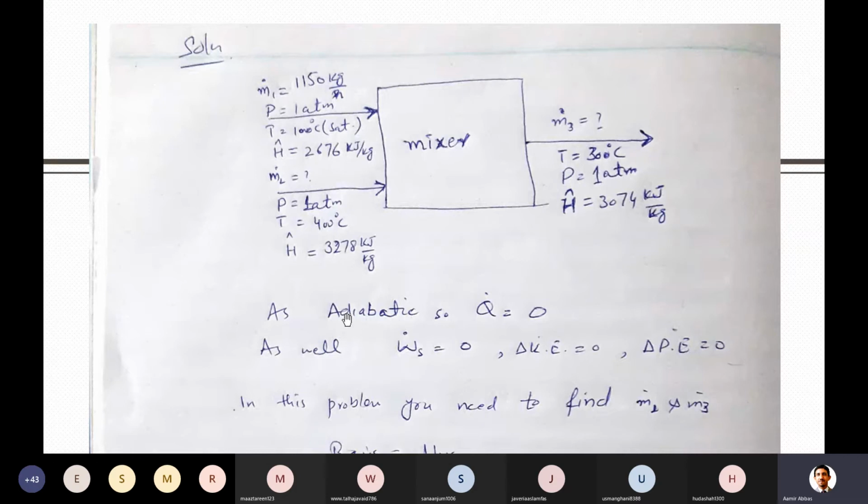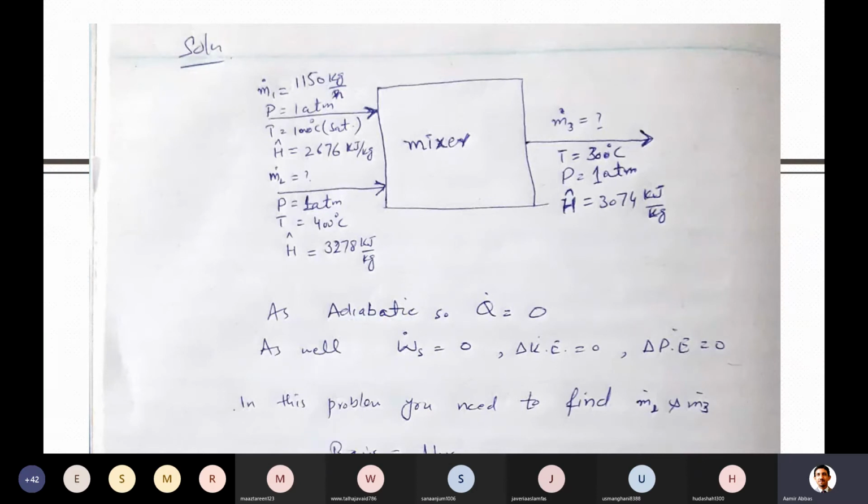But okay, let's look at its solution. First of all, as he said, this is adiabatic. So I put here Q is equal to 0, which you already told me. Is there any work going on here? Why did I put shaft work equal to 0? With no motor moving, you will definitely hear he didn't say any work in the question. Nothing mentioned, as well as you know that this is a simple system. For example, you bring two water streams, they get mixed and then leave. There is no shaft work here, so I just mention it. Shaft work is equal to 0.